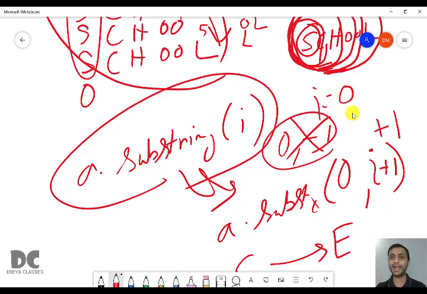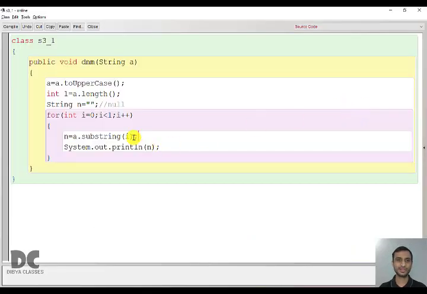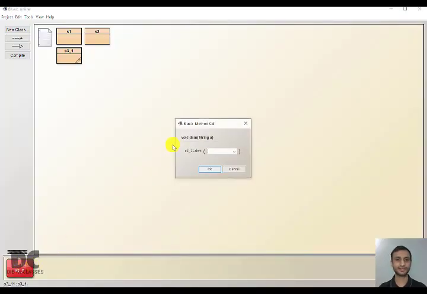So you have to add +1 to it, so that when I is 0, it will be 1. And 0 to 1 means it's nothing but 0 to 0. So we'll change this to 0, I plus 1. And now let us run this program, then I will explain you. We will check if our answer is correct.